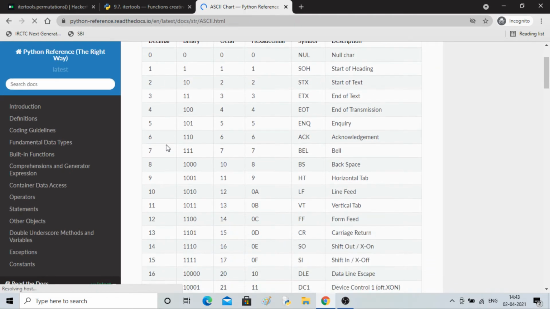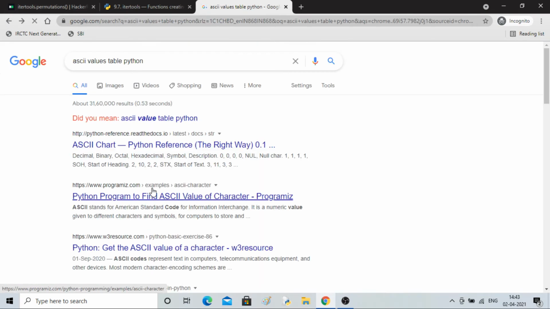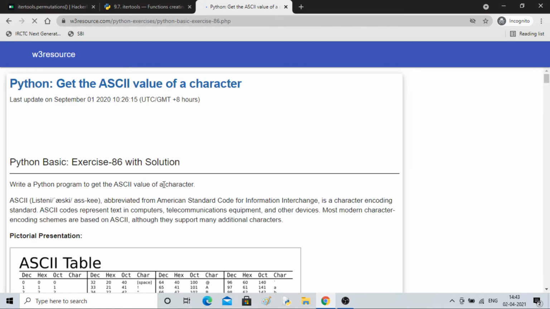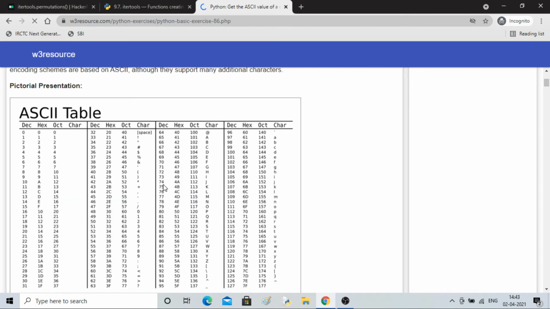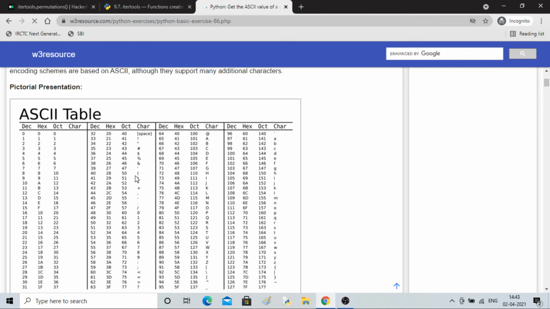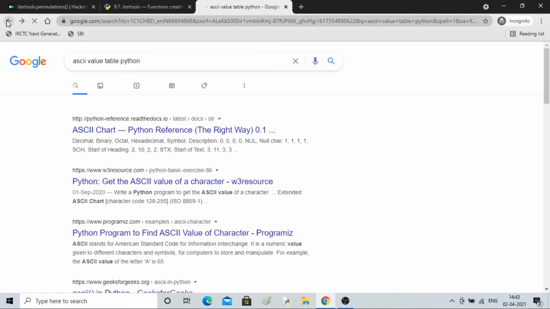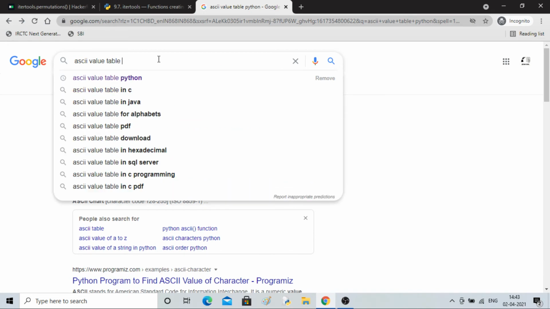So let's see. Here you can see that it doesn't look good. Let me do something else where I can show you. Yeah, here you can see in one frame all the ASCII values. No, this is also not great. I'll write ASCII value table, not Python.